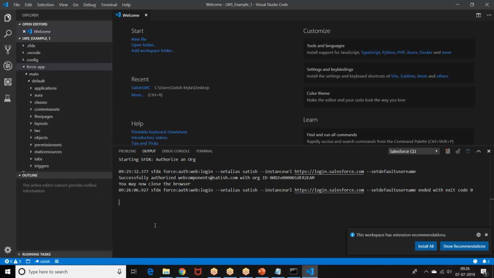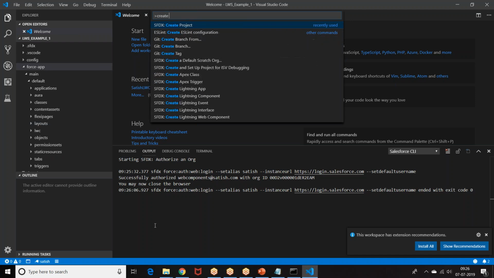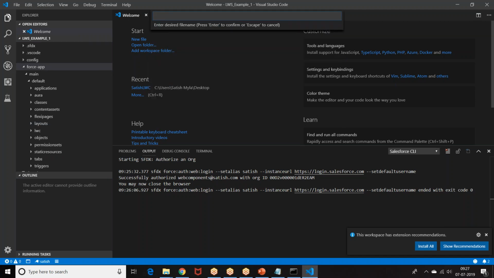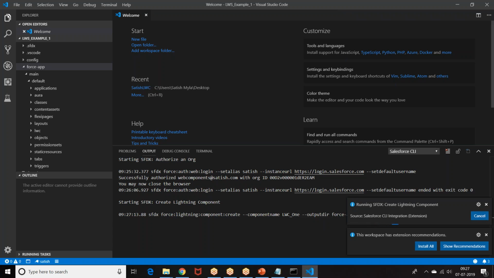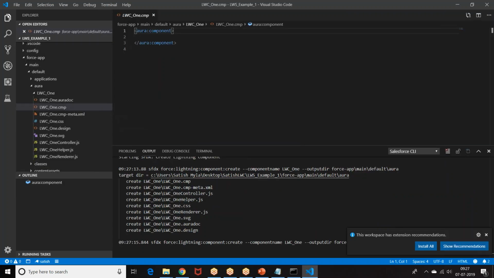I want to create a Lightning component first. Control Shift P, create Lightning component, name. Take the standard directory. Okay. Once I created a Lightning component, whatever Lightning component we have done in the developer console, the